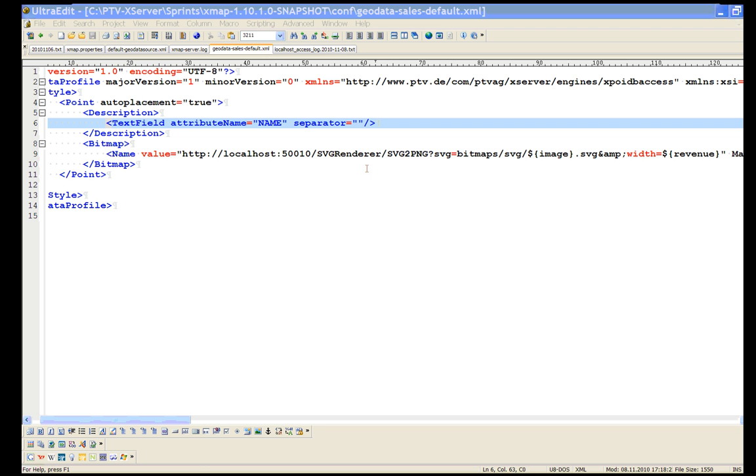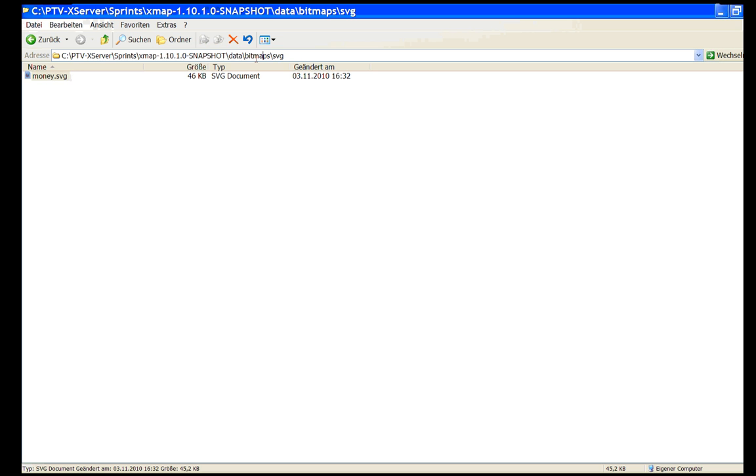So what we need for this is, of course, an icon that is prepared in the subfolder data bitmaps. Format of the icon is Scalable Vector Graphics. So we can use this and scale it, make it become bigger or smaller depending on the